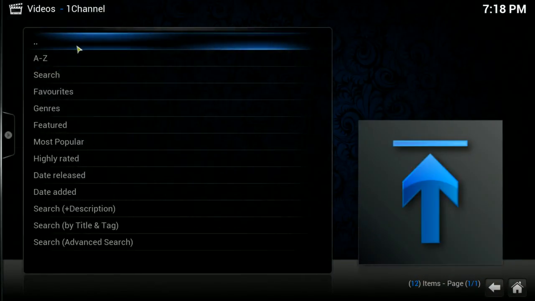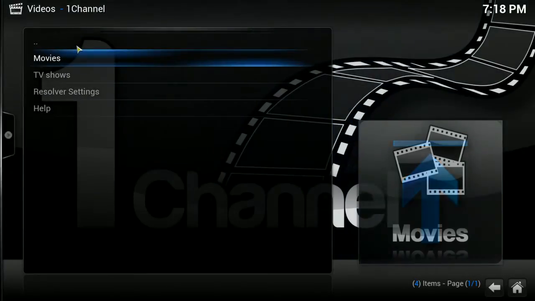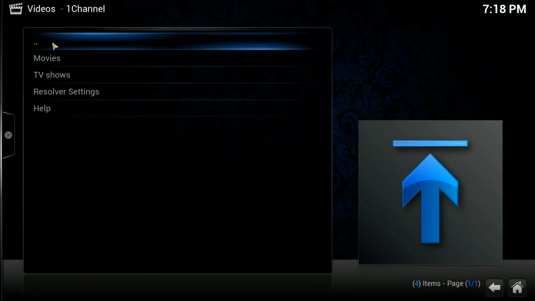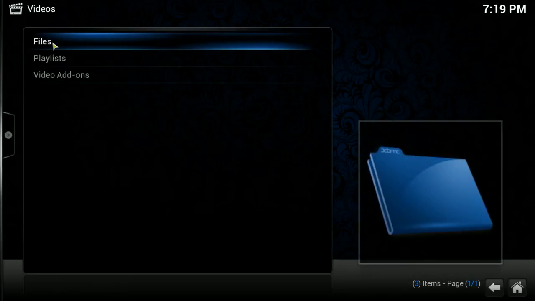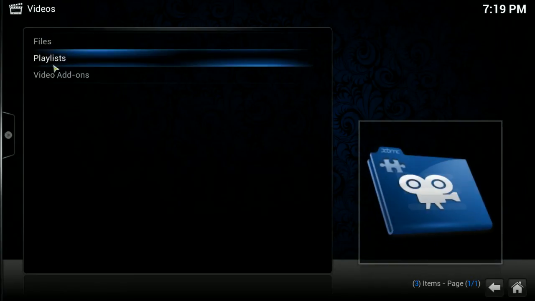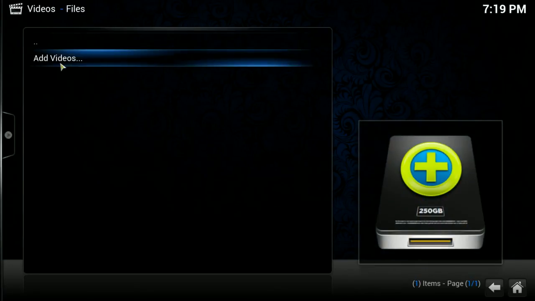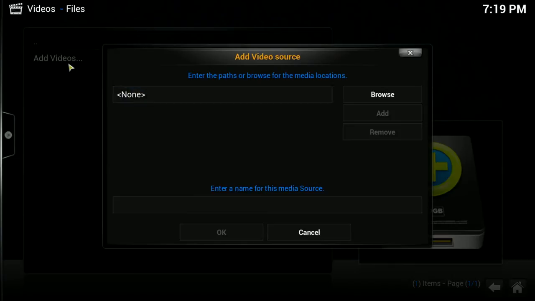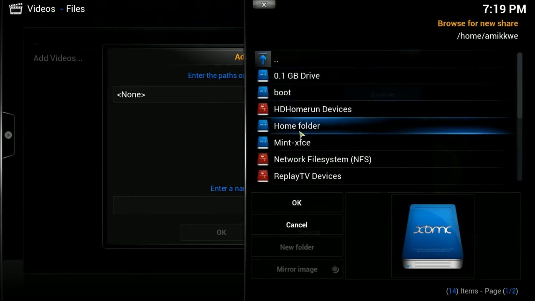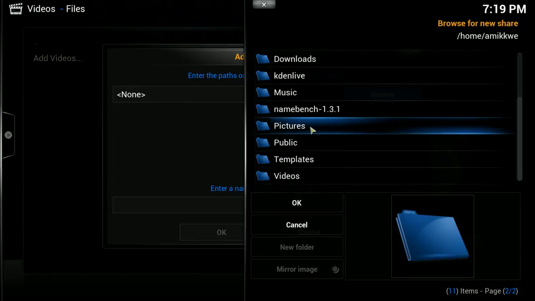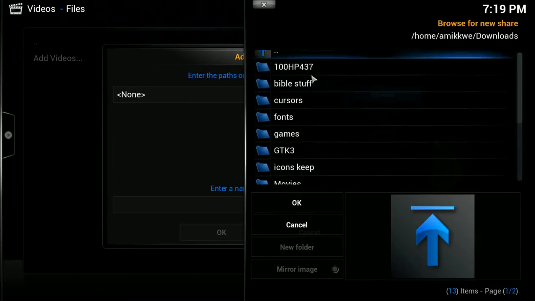And if you're not in the right spot, you just keep clicking on the double dot buttons, or you can use your backspace button till you see this where it says files, playlists, and video add-ons. Choose files and then choose add videos. Now from here, again, you have to remember where you had those folders created that you made. So we're going to go to browse, and in my case I'm going to go to my home folder, and I'm going to click on downloads,